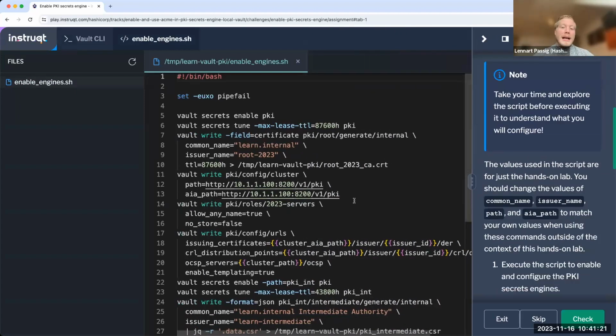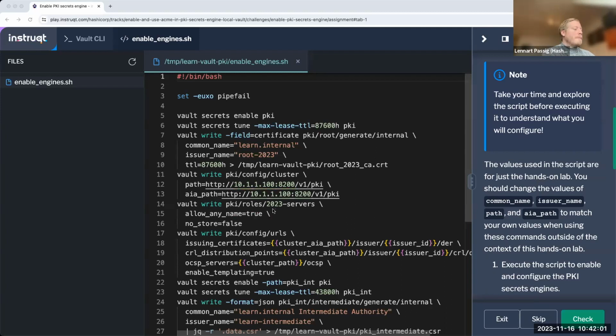is being done. As I mentioned before, the whole ACME thing relies on PKI. So one of the first things that we need to do is to enable PKI. Then we tune the secrets a little bit for this specific name, which is PKI. Then we call this one with the common name learn.internal. This serves itself as a root CA. We write into the config the path of our Vault server.